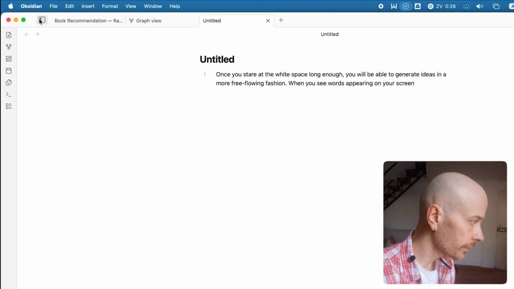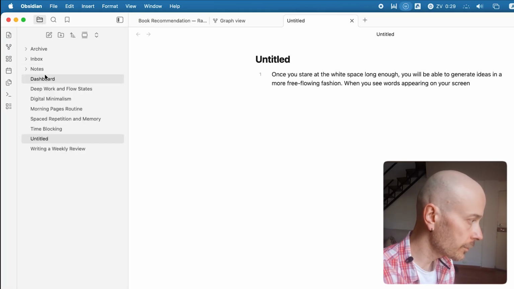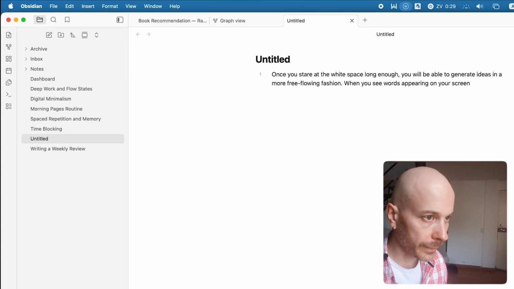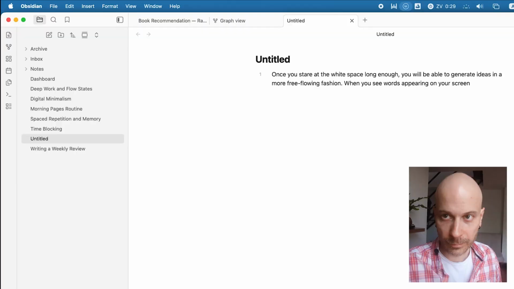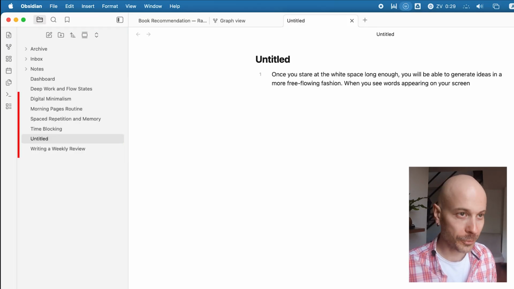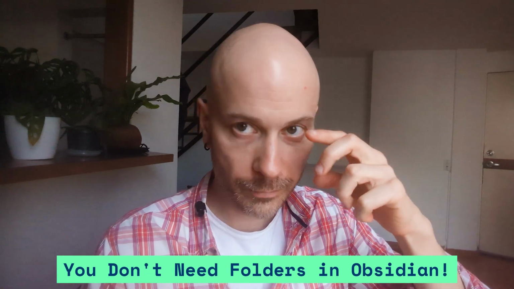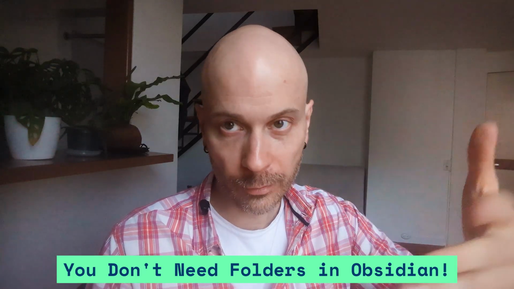And this brings us to the third point: smart organization. Yeah. So when you click on this button on the left side of the interface of Obsidian, you will see everything you wrote. And here is also an important thing you want to learn about Obsidian straight away: you don't need folders. Actually, I don't know why they even have this ability to create folders, because, and I'm going to link down below a video that explains how the creators of Obsidian use it, they never use any folders at all.